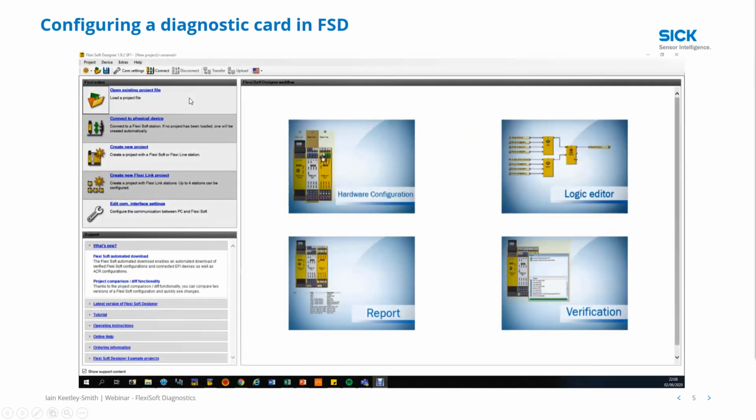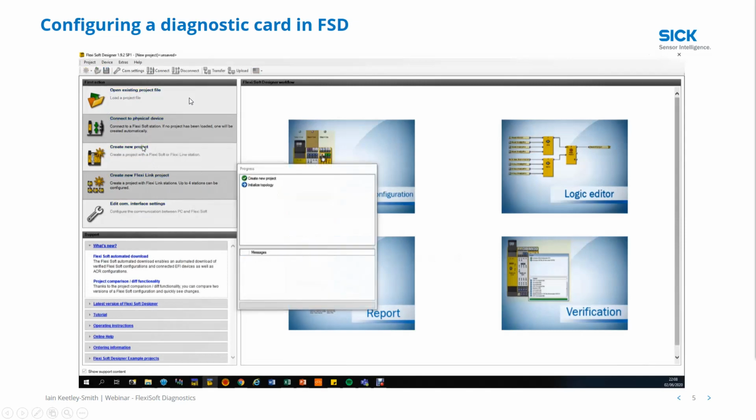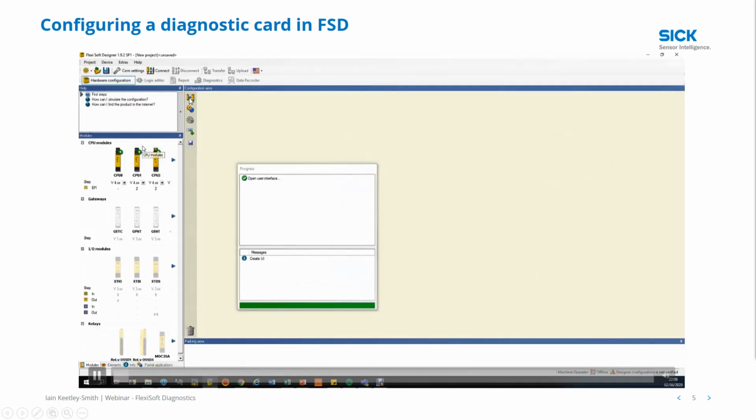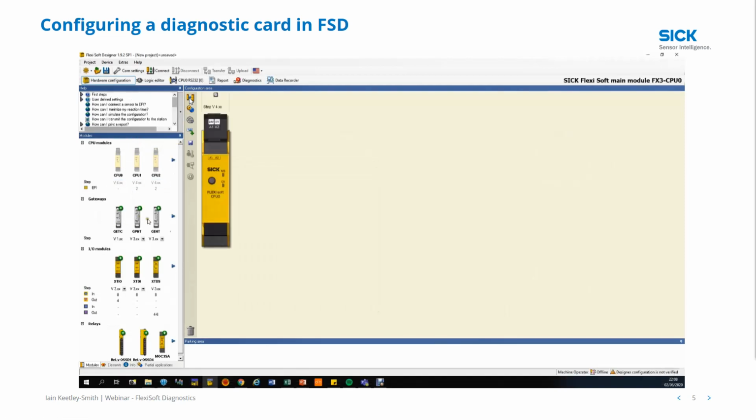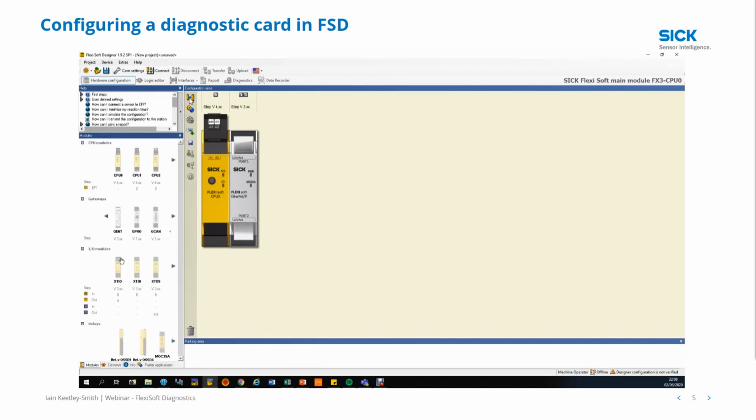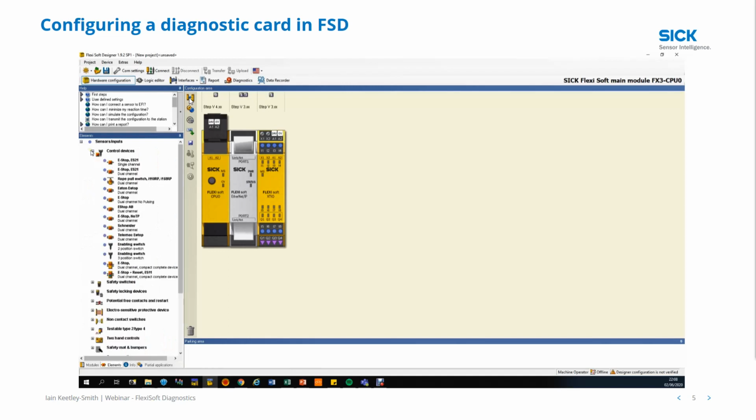So now let's go in and have a look at designing a configuration within FlexiSoft Designer. So we've opened up the software, which is a free download from our website. Simply go to sic.com and type in FlexiSoft Designer and you'll find a link. So we're going to add in CPU 0 here, and that comes into the configuration area, as you can see, and then you've got your various gateways available to you. So what we're going to do is select what's called a gateway card, which is for Ethernet. I'll now select an XTIO, which gives us 8 digital inputs and 4 outputs,